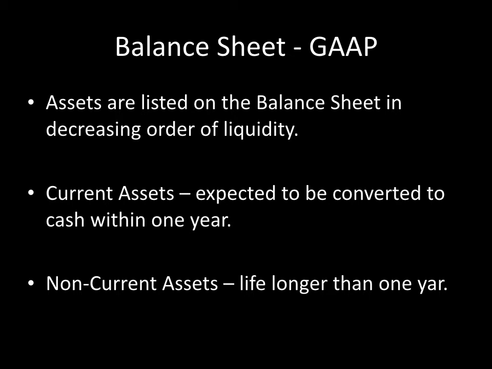A couple other things to note: assets or liabilities will have a category where they split the assets or liabilities into either current or non-current items. Current assets, for instance, are assets that we expect to be converted into cash within the next year's time. Non-current assets are those that will be on the books a year or longer from now. Same thing with liabilities. Current liabilities are obligations we have to pay off within the next 12 months, while long-term liabilities are items that will be around longer than a year.